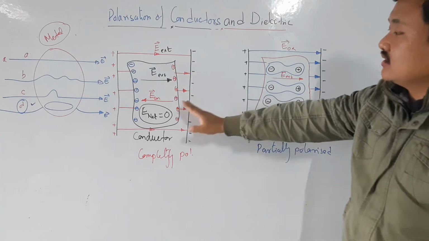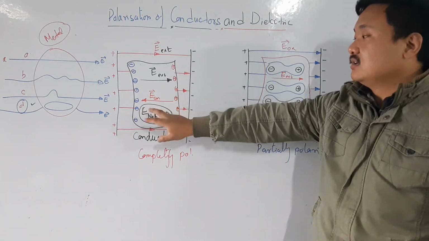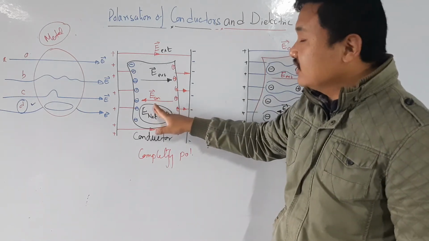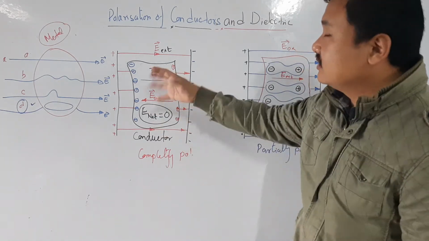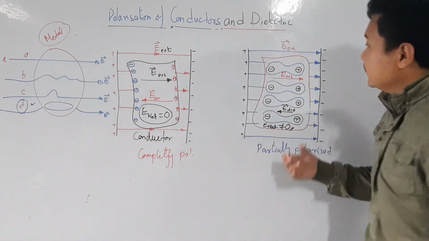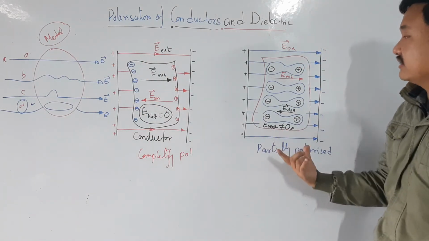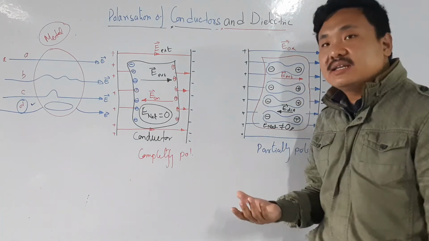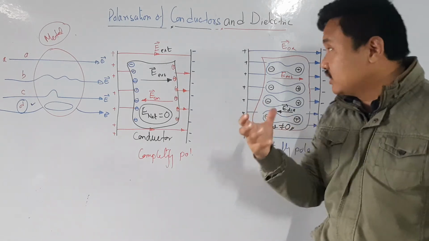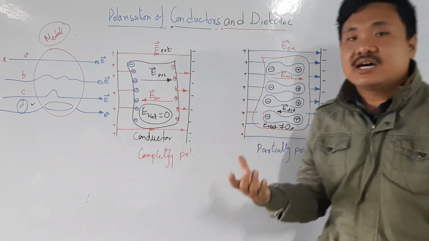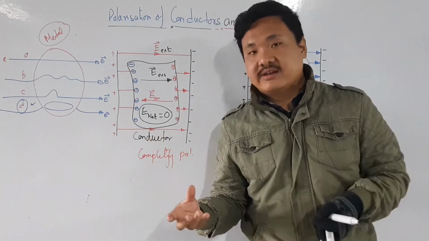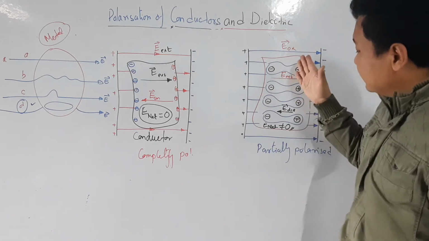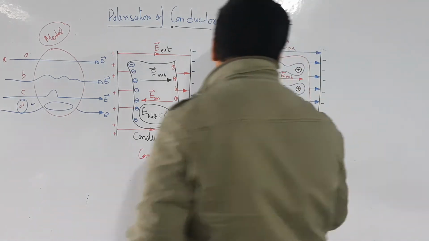So that is the difference between dielectric and conductors. In a conductor there is no net electric field inside. It was also proved in the first chapter using Gauss theorem. Inside the metal there is no electric field, but in a dielectric there will be a net electric field because of the polarization. Now what is a dielectric? A dielectric is something where, whenever you put it in an electric field, the charges get partially polarized, and the net electric field inside the dielectric is non-zero. So this is my dielectric.